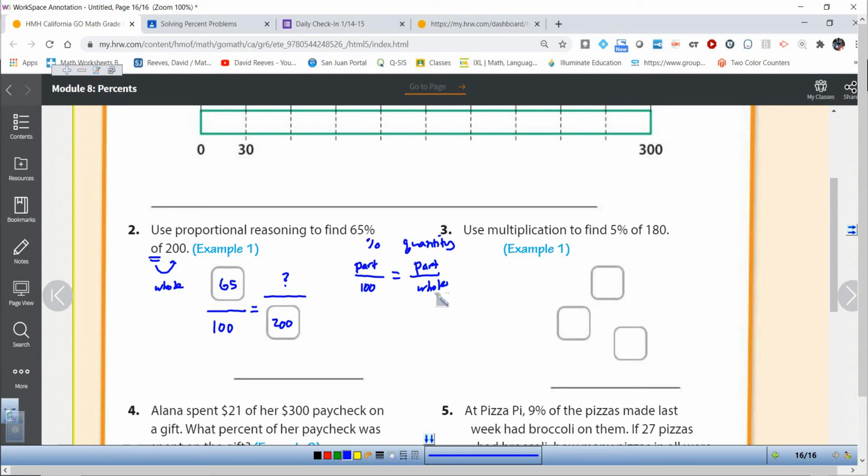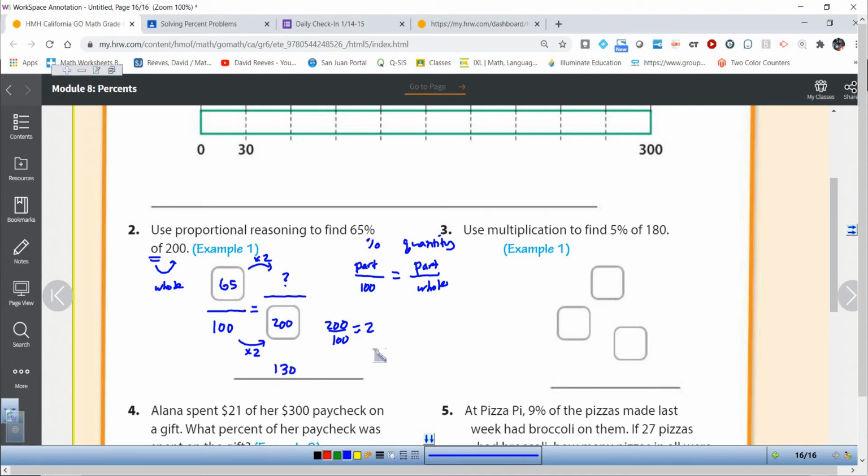Whole, W-H-O-L-E. There's the whole part. And then this is the part that is missing. And then what we need to do is we need to find that equivalence factor, or again, what your book calls a multiplication factor. So I'm going to take the larger whole and divide it by the smaller, and I get 2. So that means that my equivalency factor is 2. Since the bottom number is twice as big here, the top number must be twice as big, and 65 times 2 is going to be